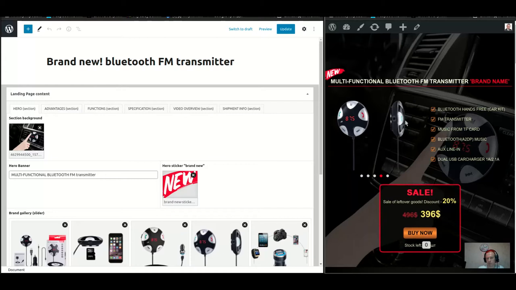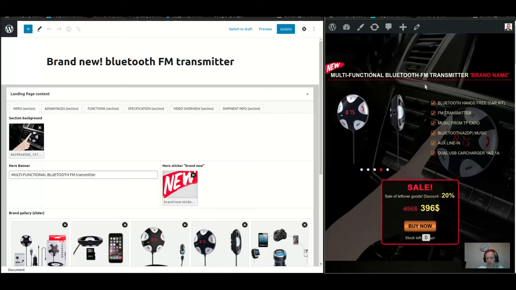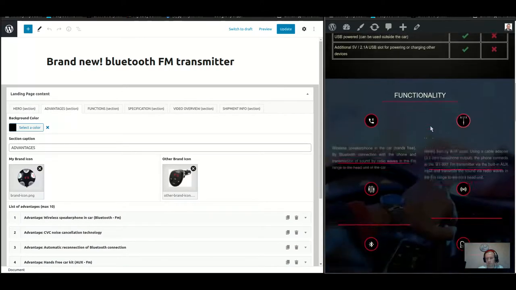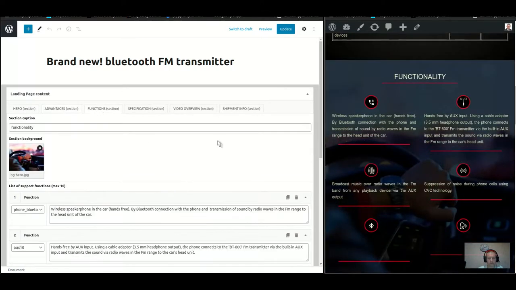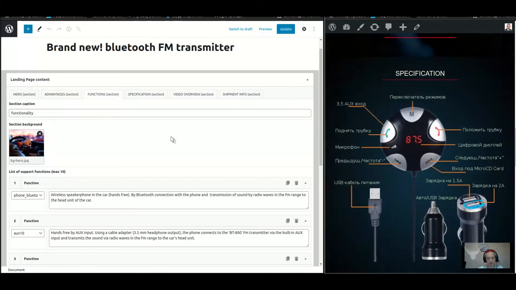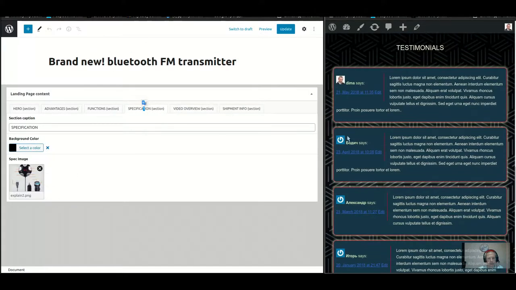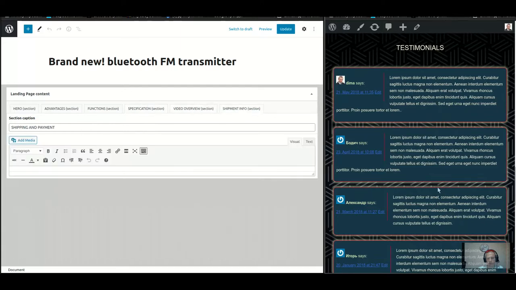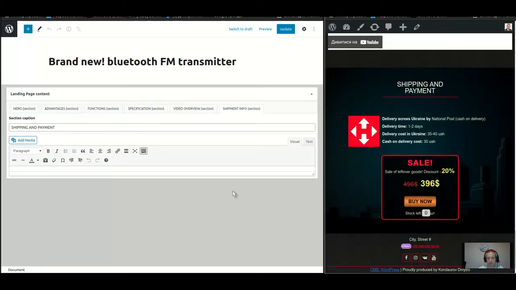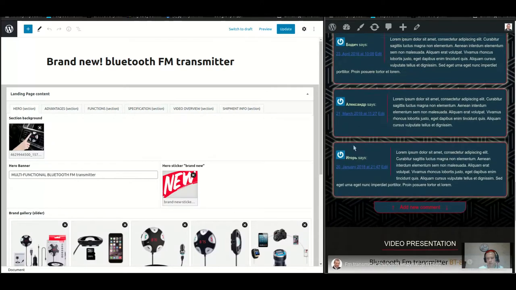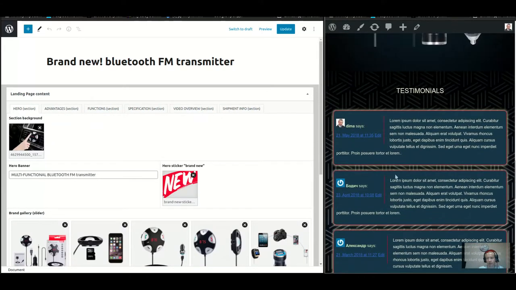This section is here. Hero section, advantages, functionality, specification, testimonials, video overview, shipment, testimonials. It's a widget. So for example,